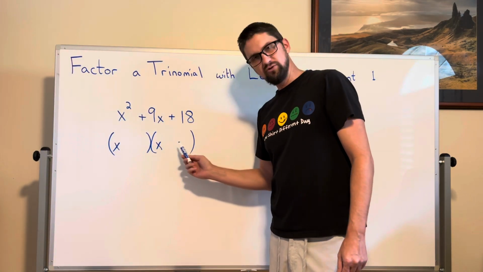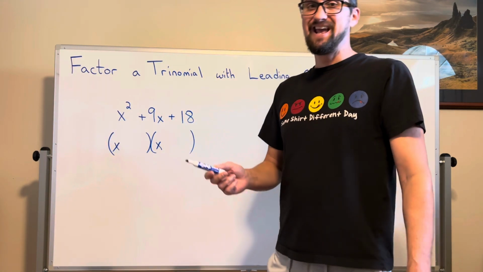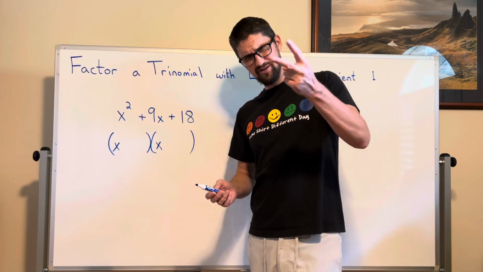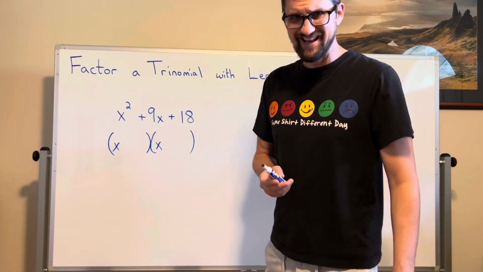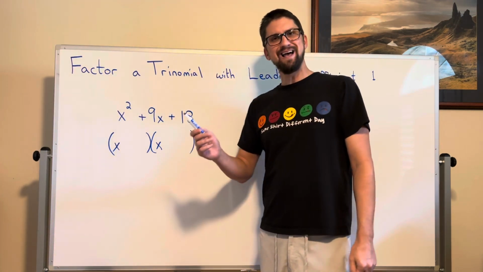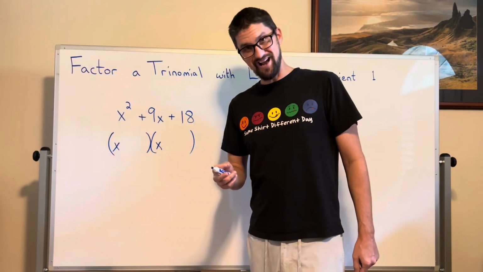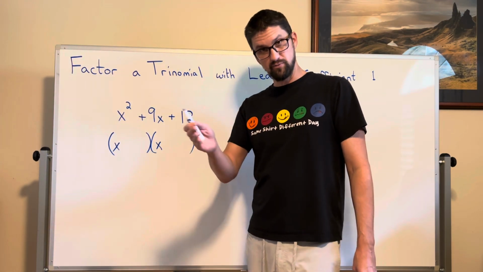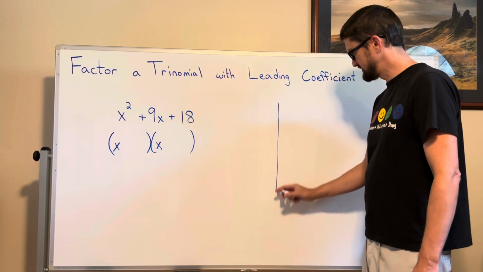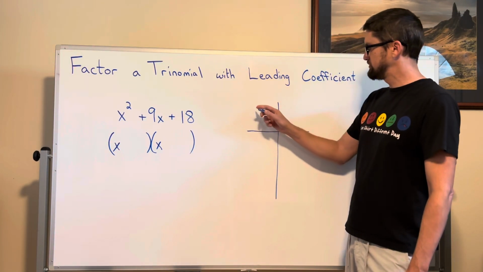Now you're going to have 2 numbers here, and they need to multiply to give 18 and add to give 9. So you need to come up with these 2 numbers that satisfy those 2 conditions. If you have trouble coming up with those 2 numbers, you can make a table, and you can list out all the possibilities of 2 numbers